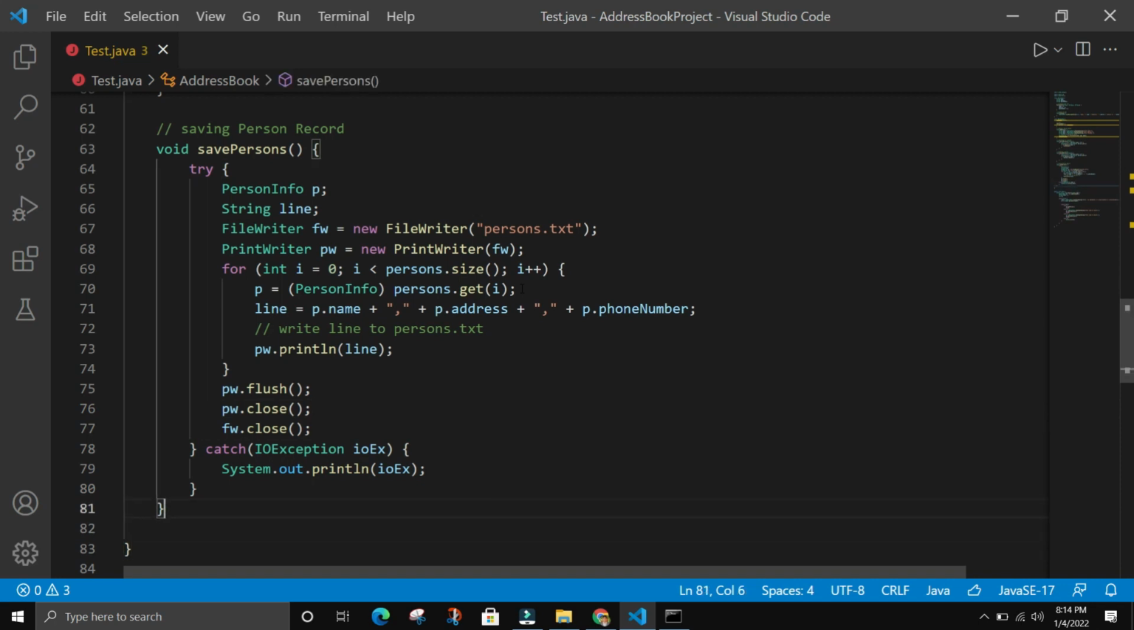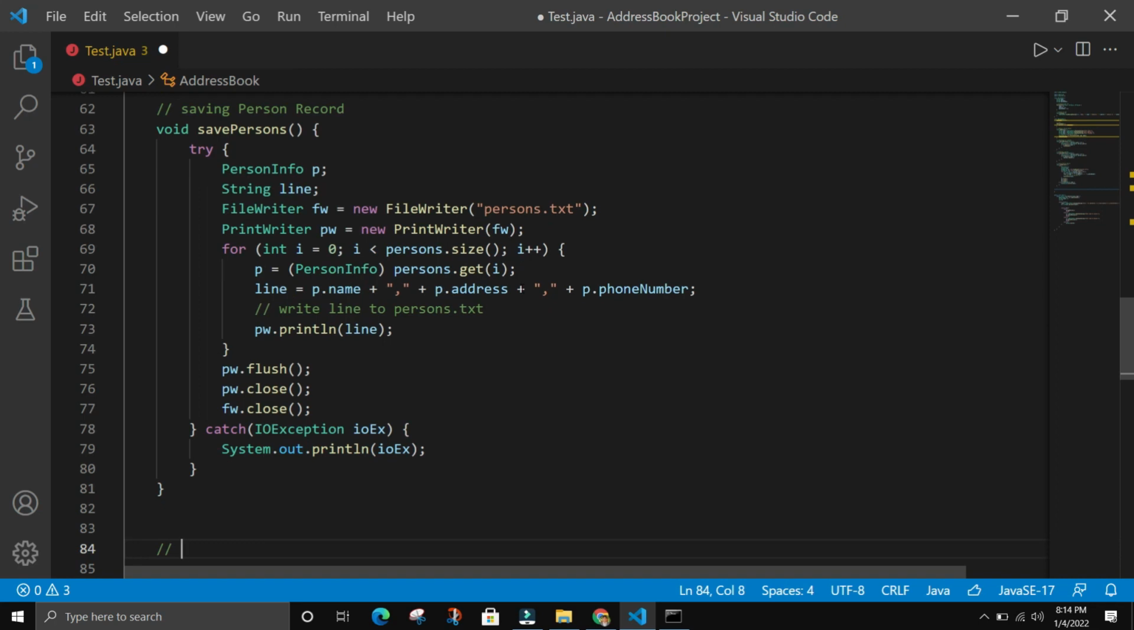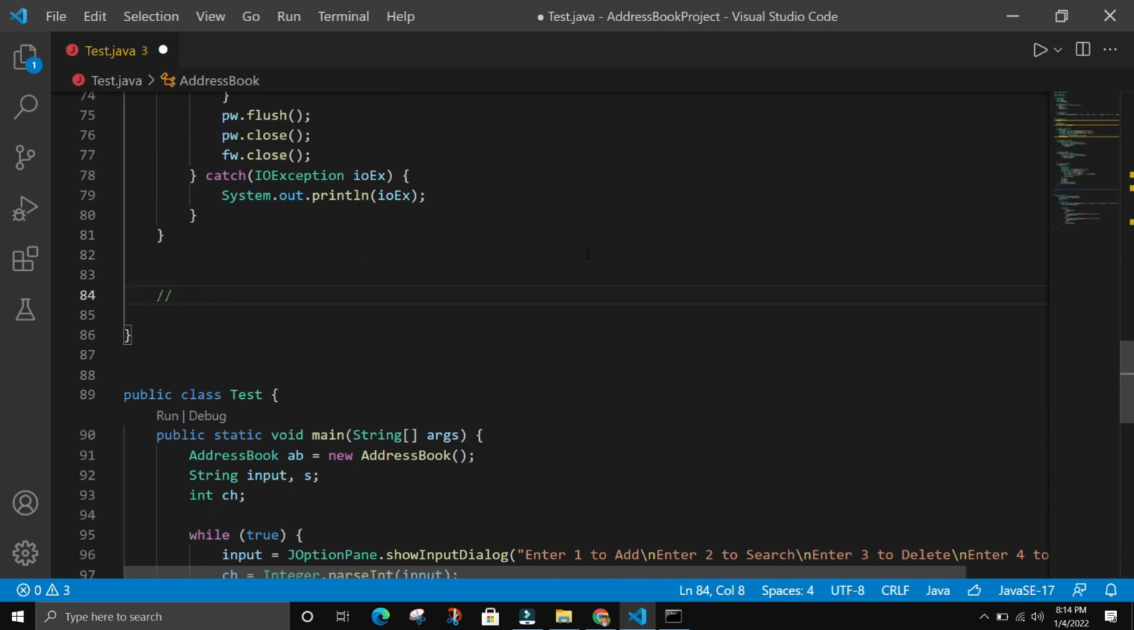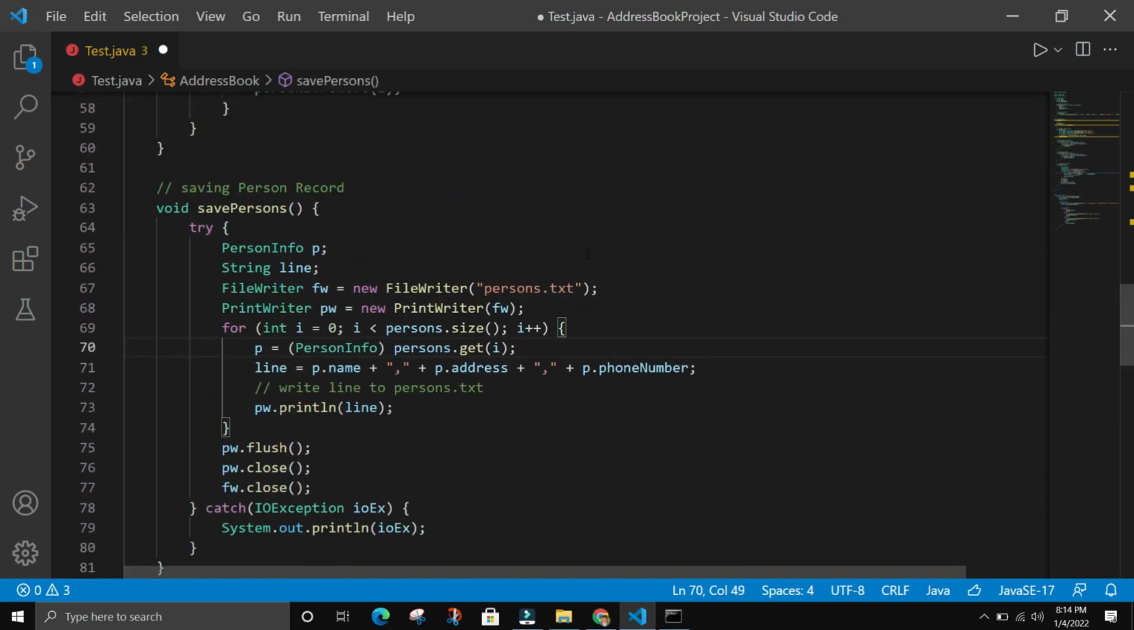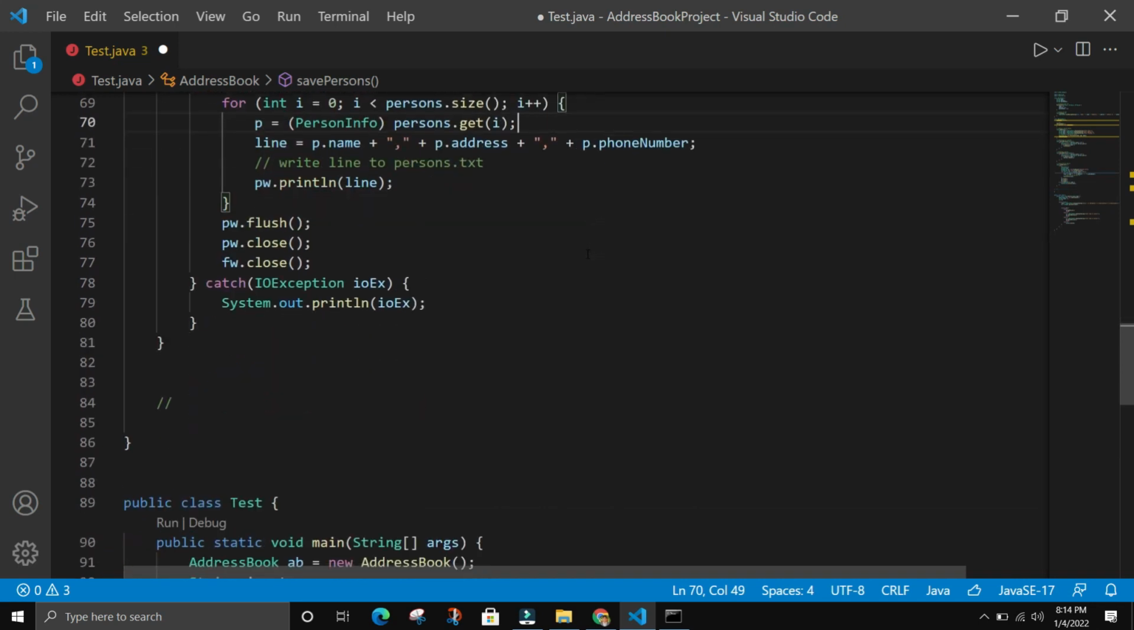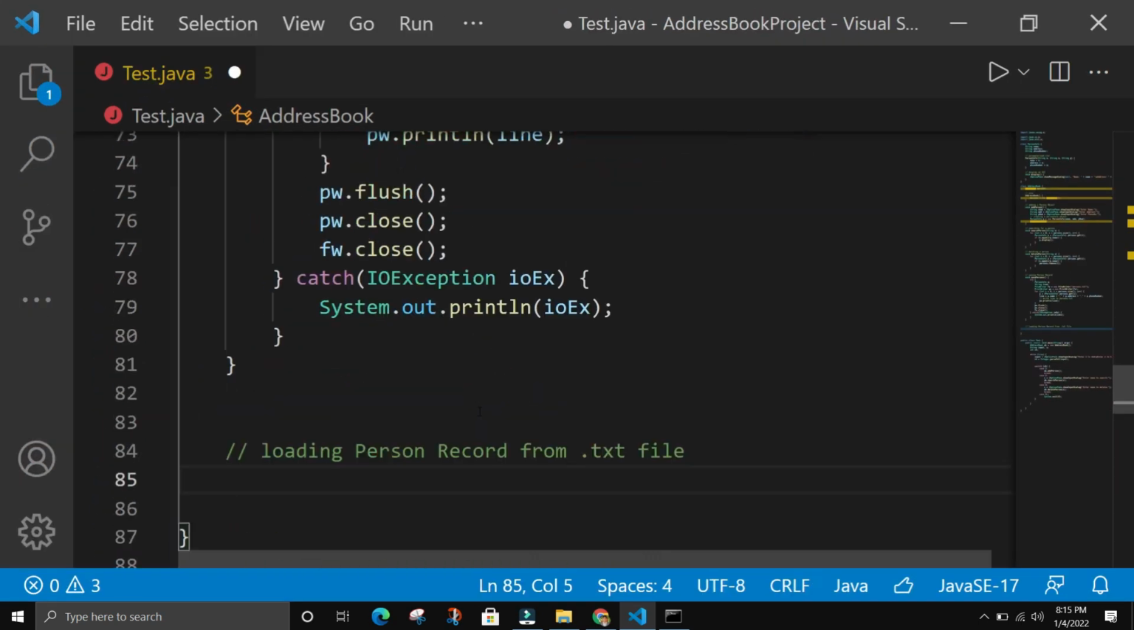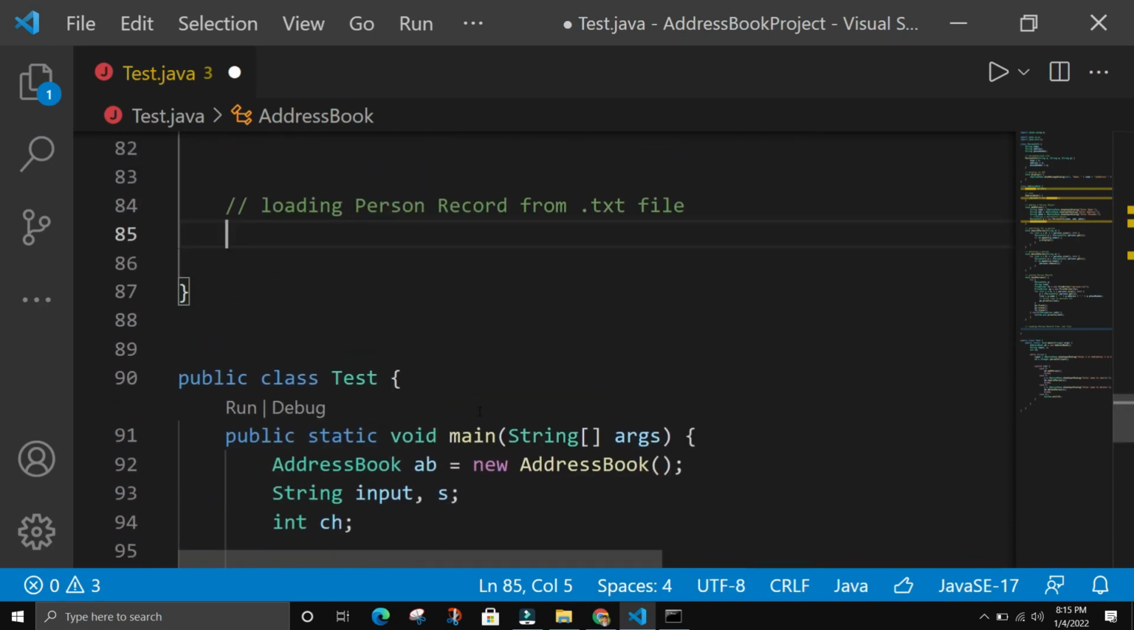Let's create a load method now that would load these records. To do this, first of all, let me make a comment here. Like what we did here, saving person record, we're going to say loading person record from text file. Okay, that's our comment here. So let's just maximize this. Here we're going to say void loadPersons, and